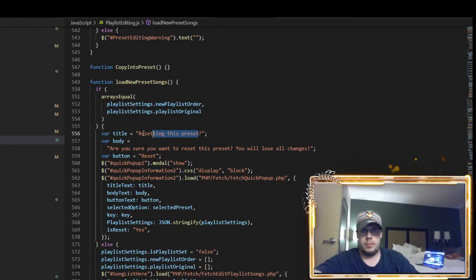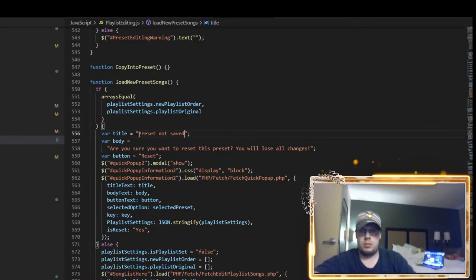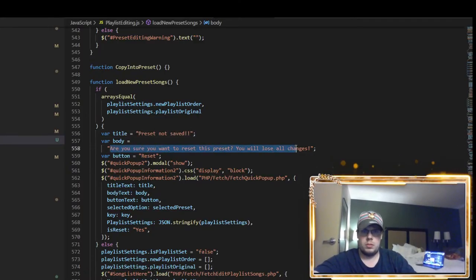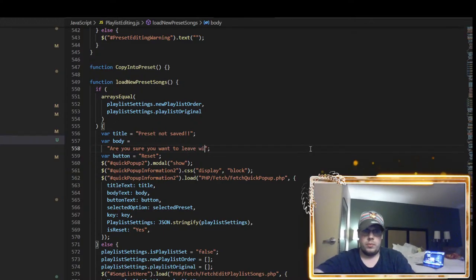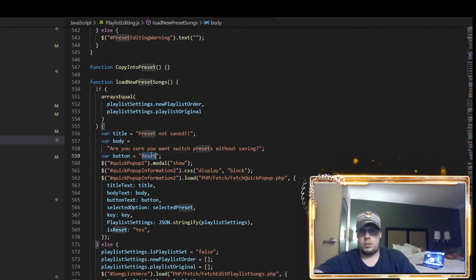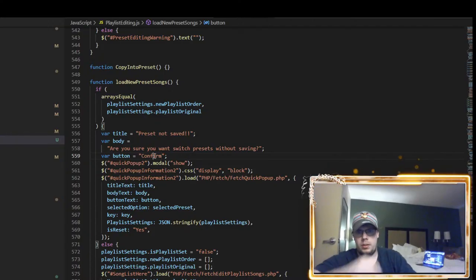And then, you sure you want to leave without save? Are you sure you want to switch presets without saving? No, I guess,